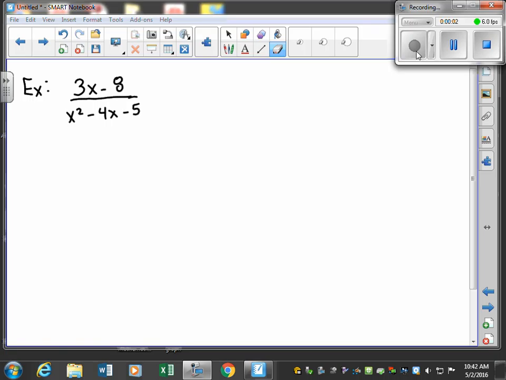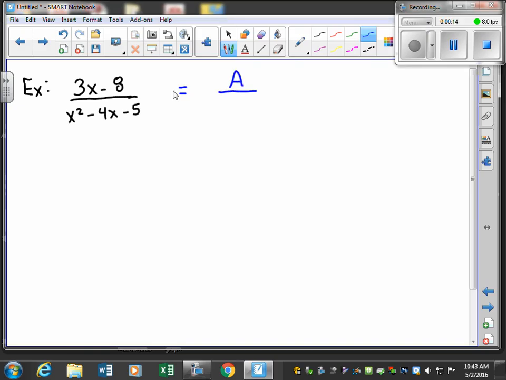Okay, working on partial fraction decomposition, practicing the technique. So here's your example. First of all, we're going to rewrite that in the form of A over, we'll factor this. What multiplies to give us -5 and adds to give us -4? So that one's going to be x minus 5, plus, we're going to determine what B is over the other